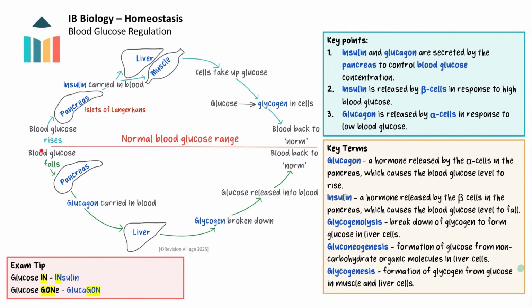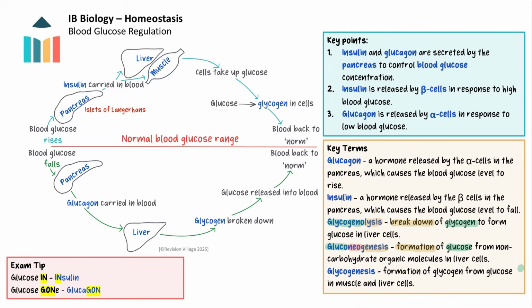When blood glucose drops, it is detected by the alpha cells in the islets of Langerhans, which secrete glucagon into the blood. Glucose gone, glucagon. This glucagon attaches to receptors primarily on the plasma membranes of liver cells. The resulting effects include glycogenolysis, the splitting, lysis, of glycogen into glucose, and gluconeogenesis, the formation, genesis, of new, neo, glucose